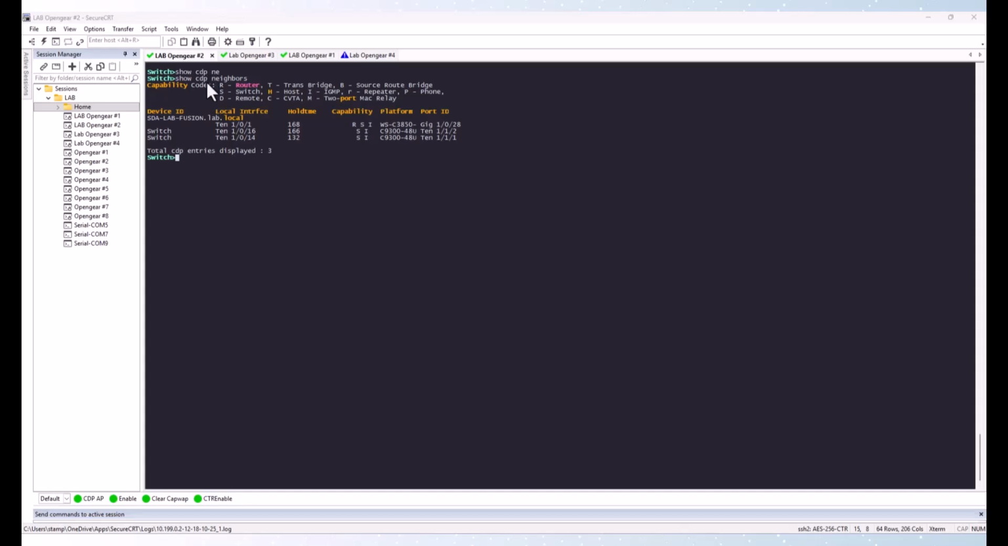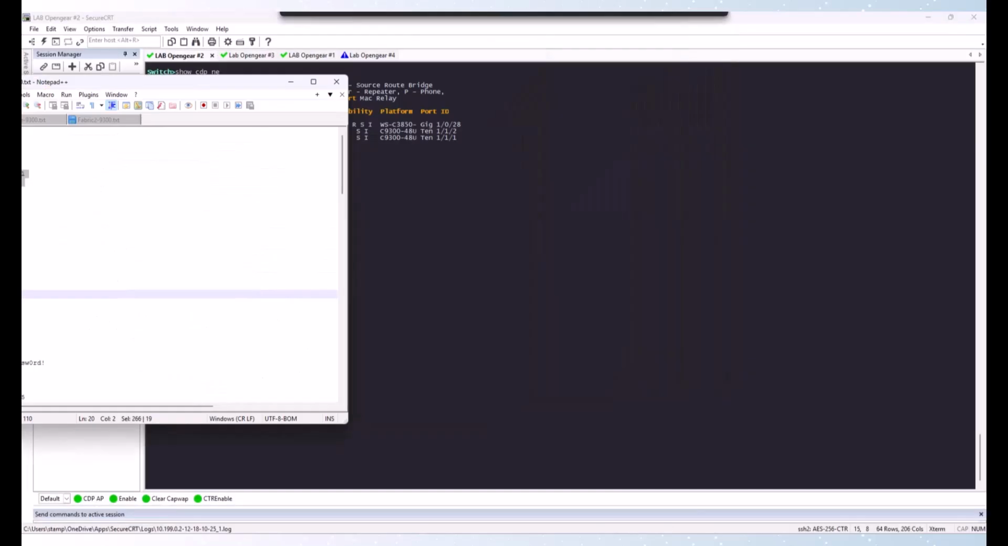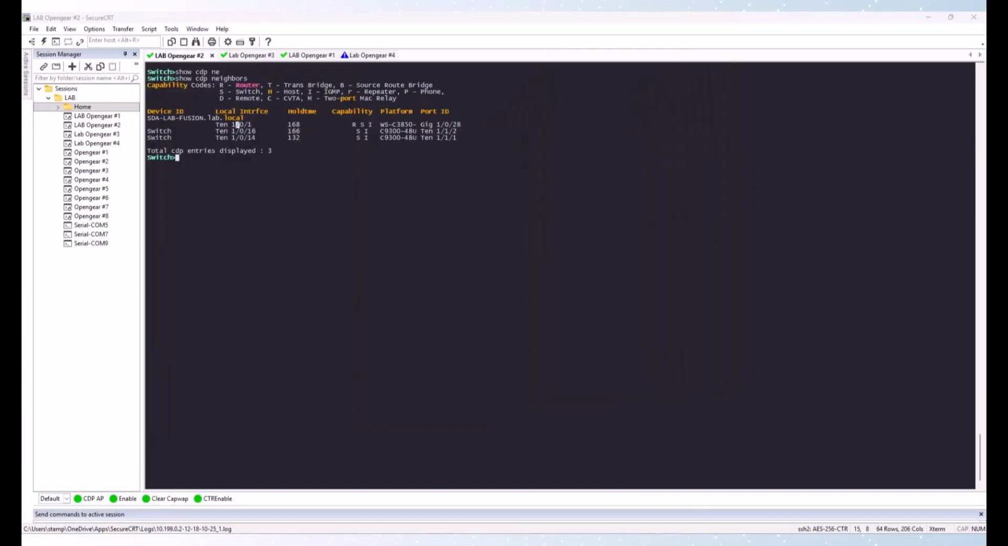So I had to move my tabs around here. The switches were all out of order. I had to verify that this is indeed my border for Fabric 1. This is my edge, and this is the fabric in a box for Fabric 2. So if I come back to my config here,